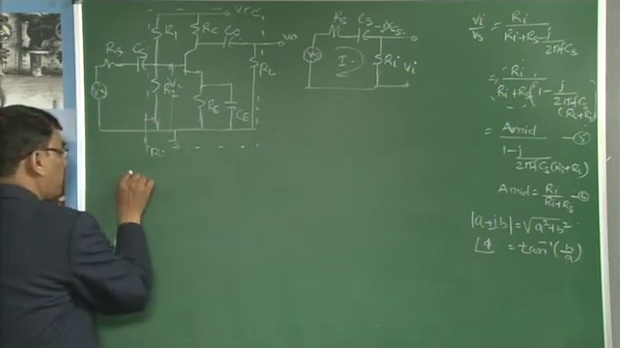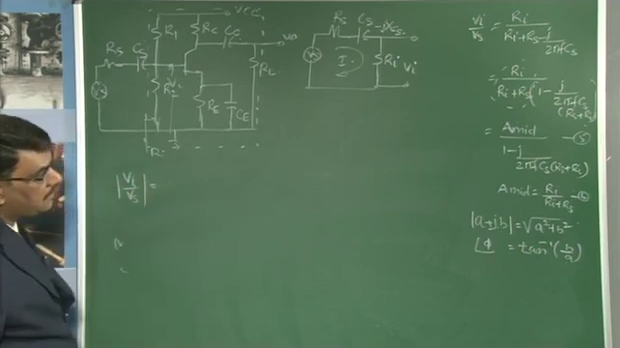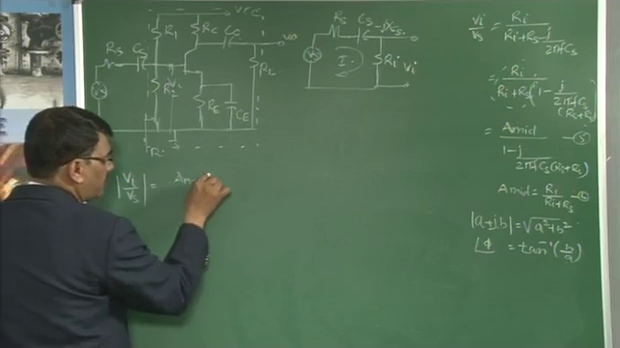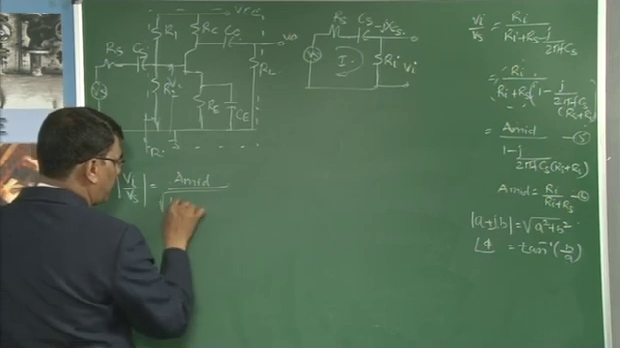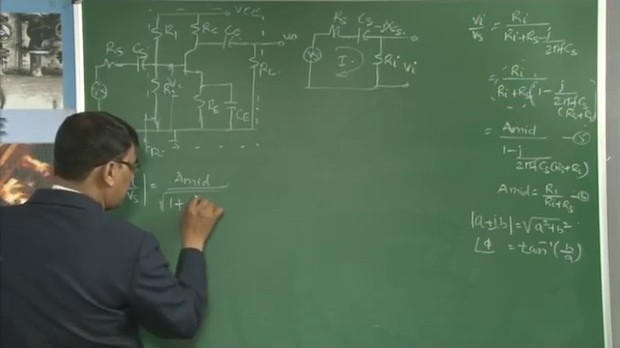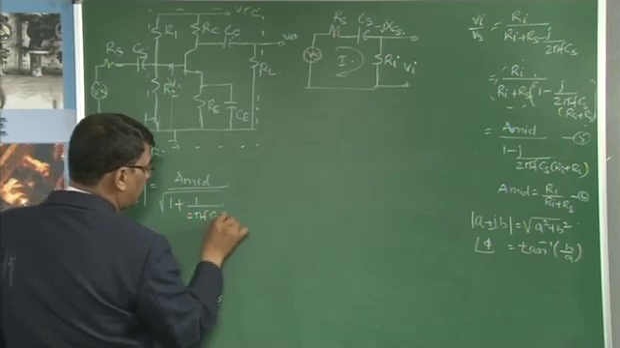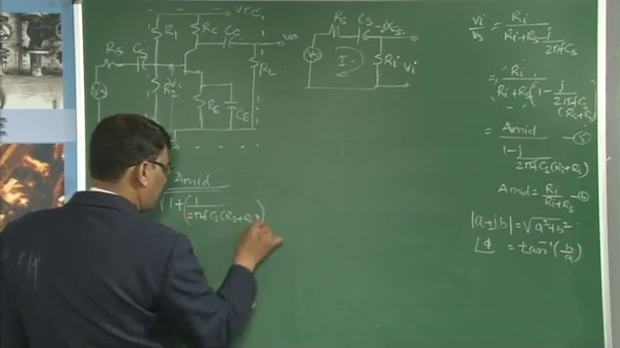Then you are going to get the magnitude of Vi by Vs from equation 5. It is given by A mid divided by the square root of 1 plus, the whole square of 1 divided by 2 pi f Cs into (Rs plus Ri),